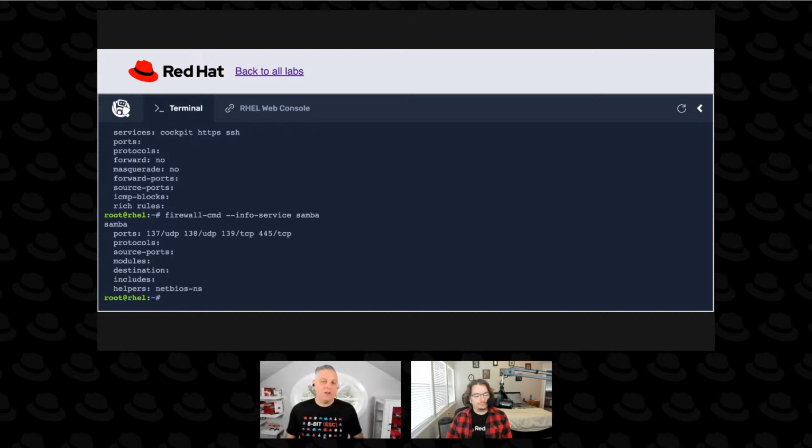So when you're dealing with port-based rules for firewall, you need to know whether you're talking about UDP-based ports or TCP-based ports. And with a service like Samba that's a little bit more complex, some of the port traffic is UDP-based traffic, and other port traffic is TCP-based traffic. So that's a nice thing about services here, is we can kind of group it all together as a single unit. So if I want to allow Samba traffic to get through my firewall,